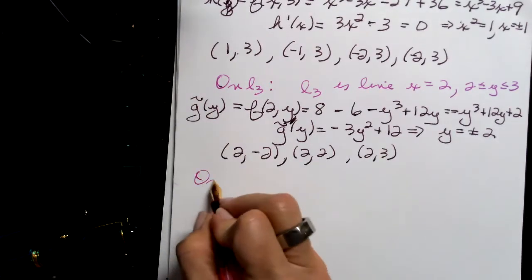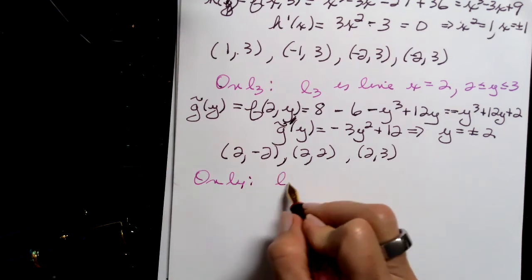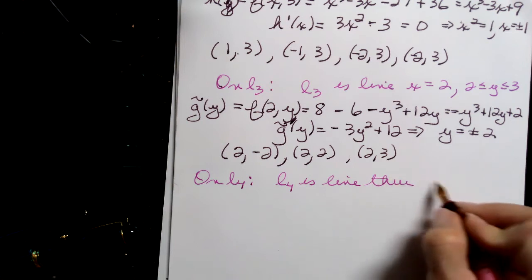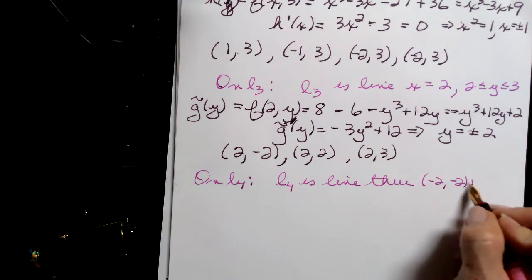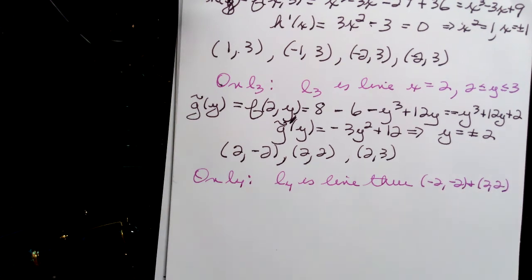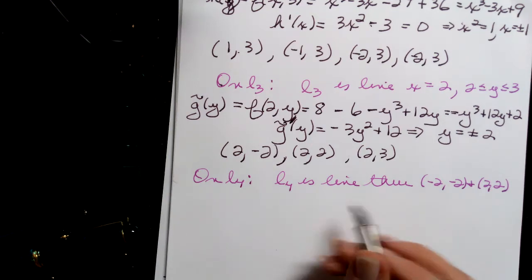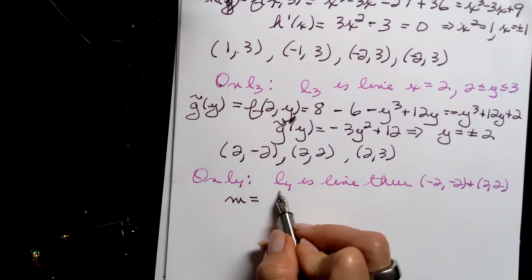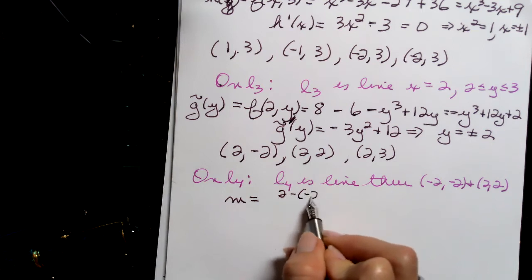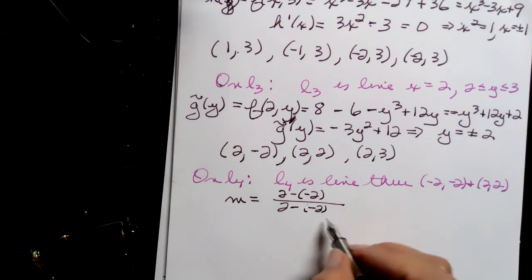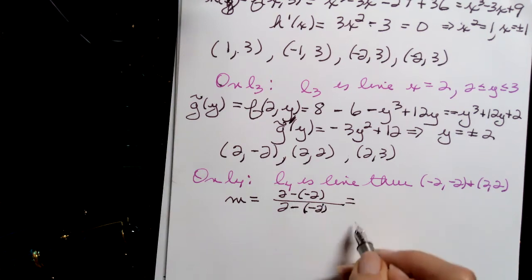So L4 is the line through minus 2, minus 2 and plus 2, plus 2. Okay. So now it's not one we can just eyeball, we actually have to find the equation of that line. So how do you do that? You find the slope. So that's the difference in the y values, so that'll be 2 minus minus 2, divided by the difference in the x values, 2 minus minus 2. So that is 4 over 4,